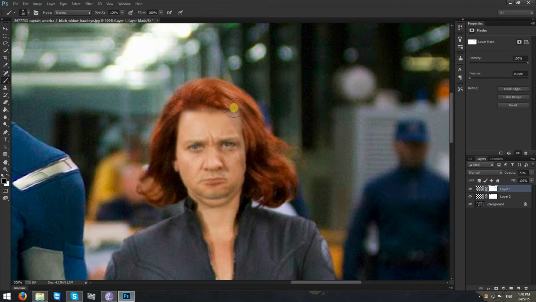So I'm gonna leave the opacity so I can see where the hair is and where to stop adjusting the mask. So it will look like that. See, that is very good. Now we can see that